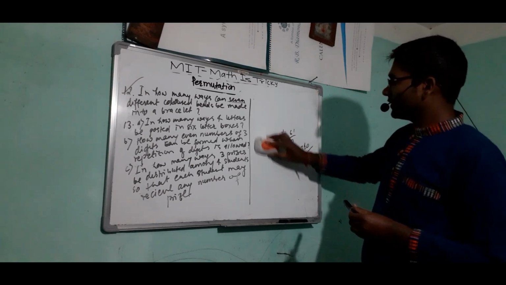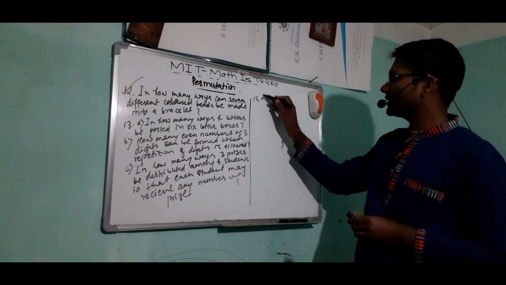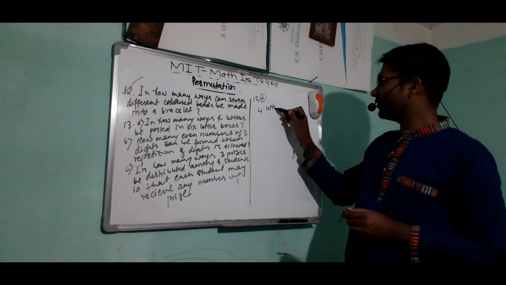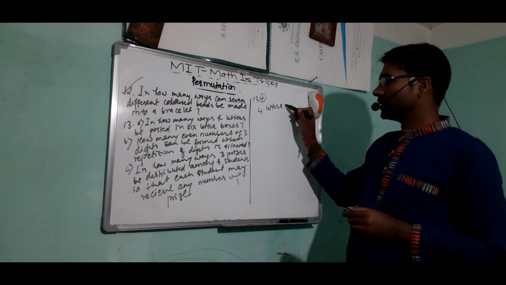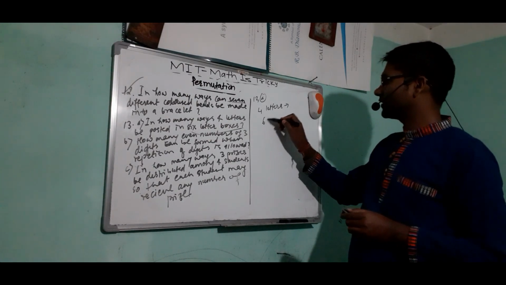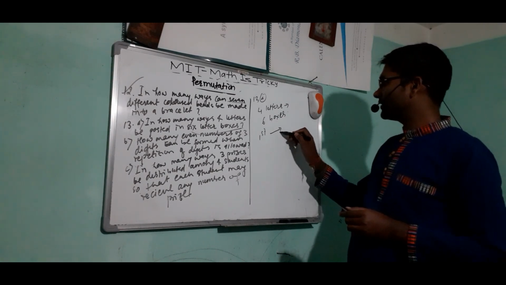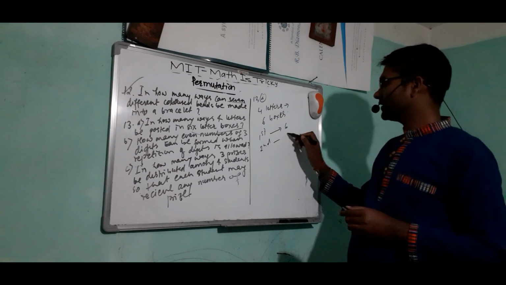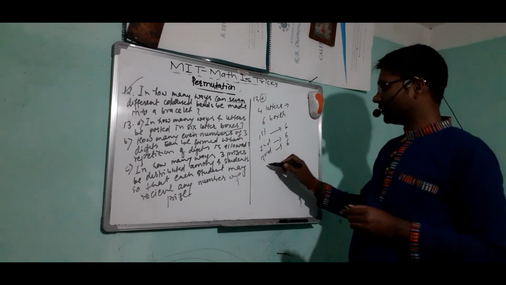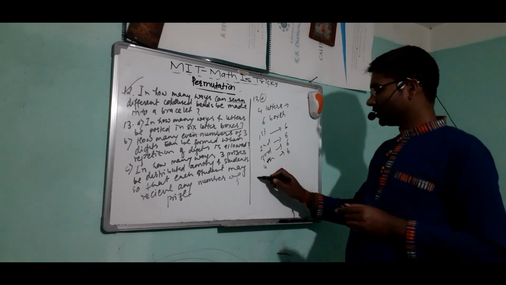Question number 13. How can we solve this? Question 13A, the first question: in how many ways can 4 letters be posted in 6 letter boxes? It is very simple. For the first letter we have 6 choices, for the second again 6, for the third again 6, and for the fourth again 6 choices. So the required ways will be